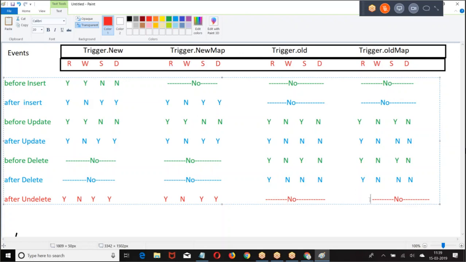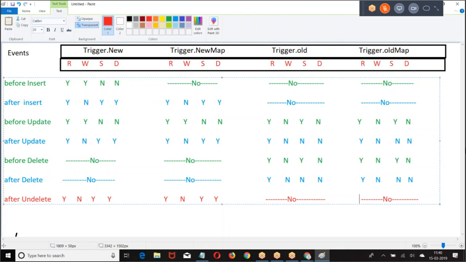I hope you are good with this. If you understand this, rest all what we wrote in the trigger is Apex programming. Only we need to understand what is there in the trigger.new, what is there in the trigger.new map, what is there in the old, what is there in the old map.